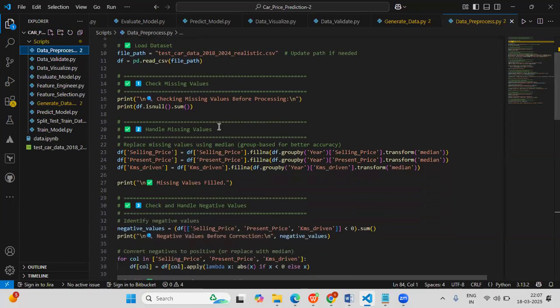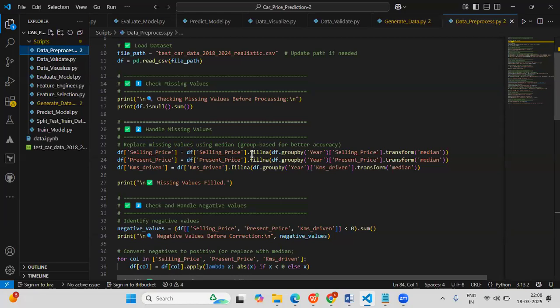Then once we find missing values, we are going to handle them by replacing missing values using the median of the particular data column. Because we have introduced missing values only in these columns, we are going to handle the missing values in those particular columns